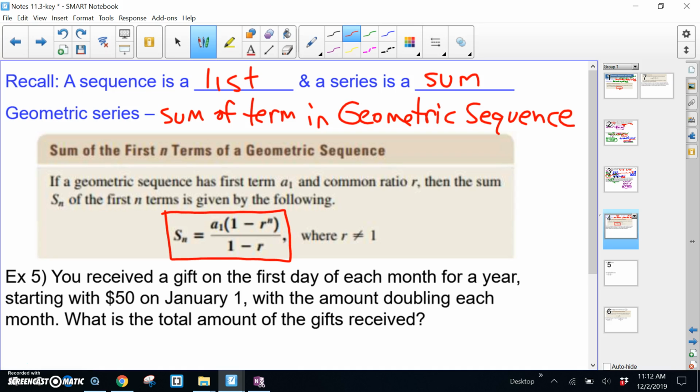The sum of n terms in a geometric sequence is a1 times the quantity 1 minus r to the n, divided by the quantity 1 minus r. All right? So,